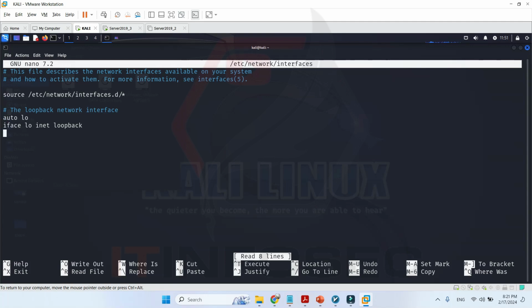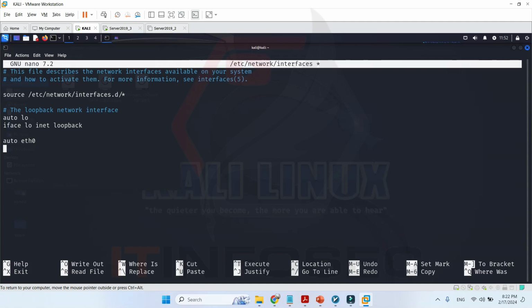For example, I want to configure the IP address permanently. I can set auto eth0. This means eth0 will come up when the operating system starts, and then I can use iface. If I want my computer to get its IP address from DHCP automatically,